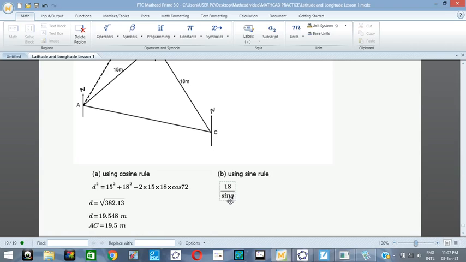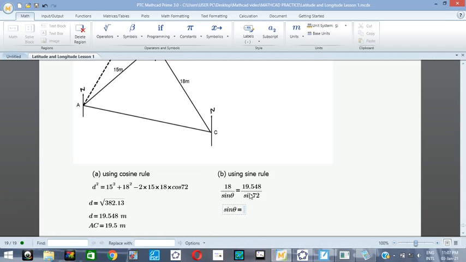I don't know that angle, but sine theta is going to be equal to, since I've calculated my AC, which is 19.548 to 3 decimal places, divided by the angle facing it, which is 72, so sine 72. If you cross multiply,